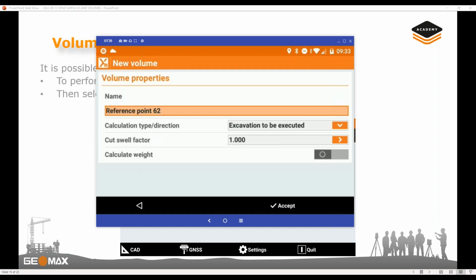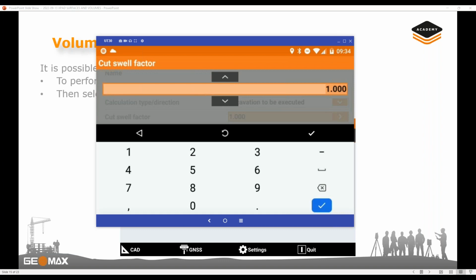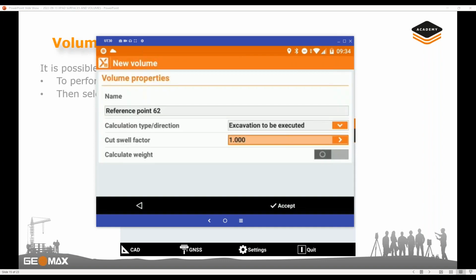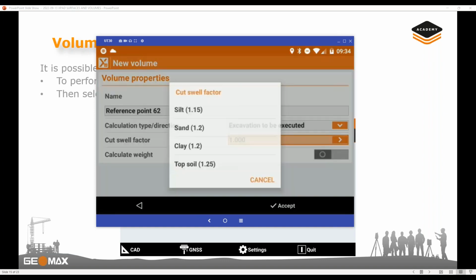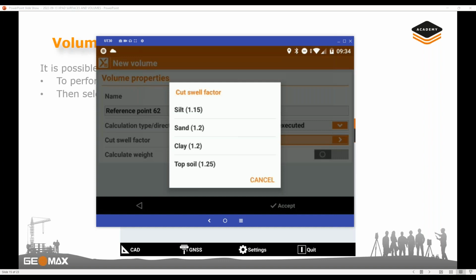Here we can also enter the cut-swell factor and the calculated weight. We can directly type here the value for the cut-swell factor, that basically is a value that depends on the terrain, or we can select the arrow and the software suggests some predefined values. For example, for silt, for sand, for clay, or topsoil. This basically depends on the area on which we are calculating the surface, of course, the material of the